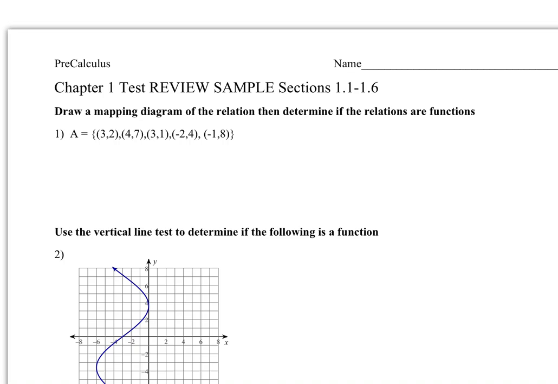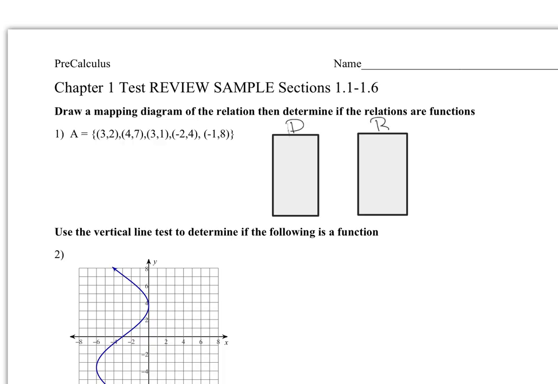So, in this chapter, we started with just the basics of what is a function. If you'll recall, in order to determine if something is a function, it has to have a one-to-one relationship. And if it asks for something like a mapping diagram, remember that is just where you are listing your domain and your range,